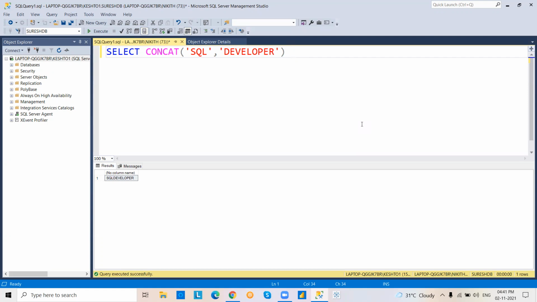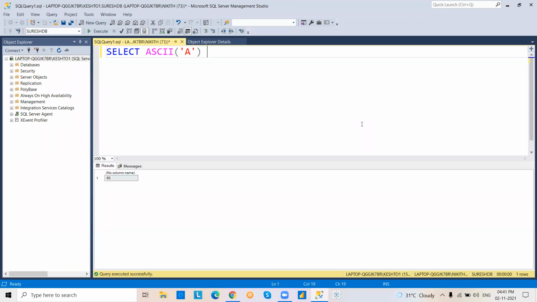In the same way, next step we are going to work with the ASCII function. ASCII means American Standard Code for Information Interchange. See, in ASCII, for every character and special character, we have some code, ASCII codes.